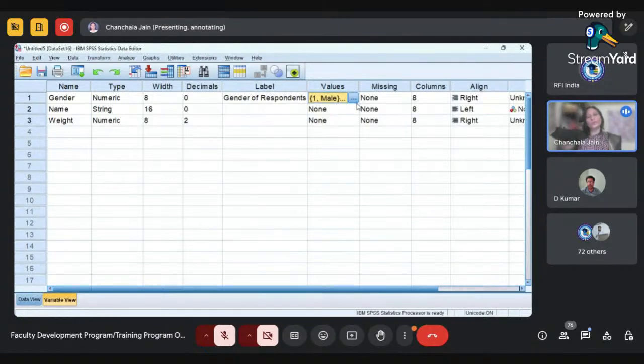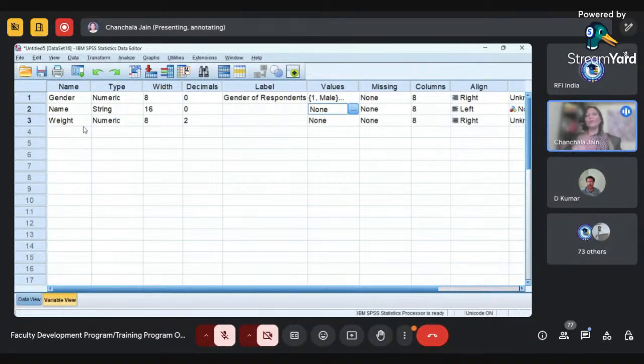So in future reference, suppose after 20, 30 days you are using your data for analysis, and you are unable to recall whether you gave 1 to male or female. For that purpose, the value label option is a very good option. This will help you understand what category you wrote 1 for. In the case of a string, there is no meaning of this, because a string variable has no categories.